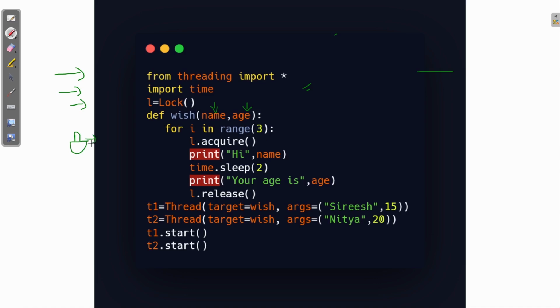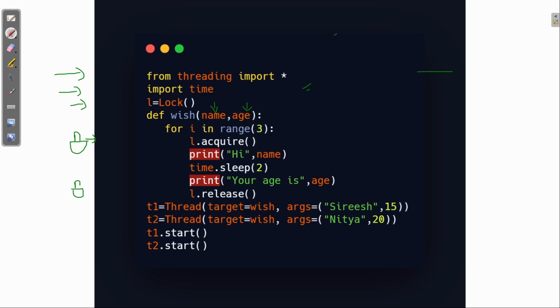Then print hi name. Then time dot sleep for 2 seconds, print your age is this, and then l dot release. Lock has been acquired here, and l dot release means the lock will be opened and released here.